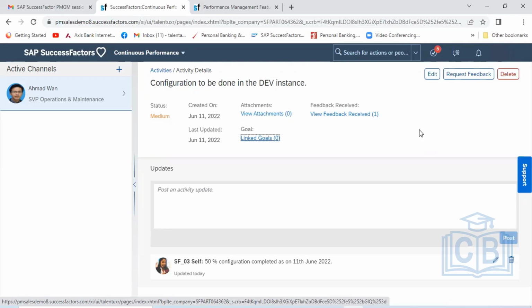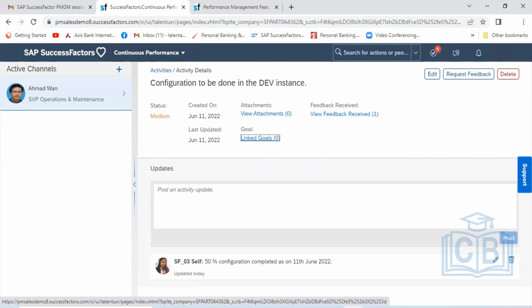And achievement is something like, if you have completed your activity 100%, that activity will move from the activity section to the achievement. That task will be moved, so it will show that it has been completed, and now it is in the achievement. Okay, got it. So this is all about the CPM. Any queries?